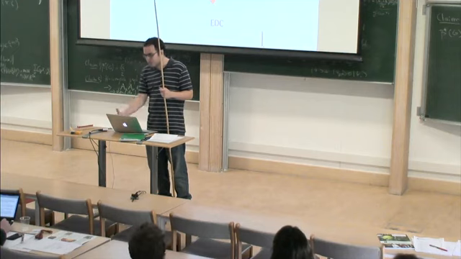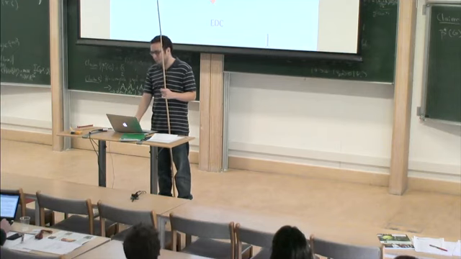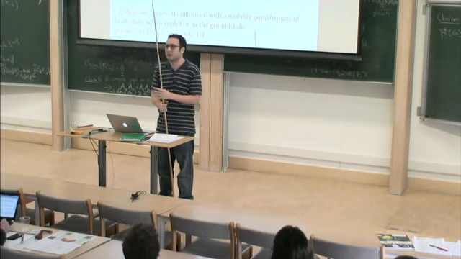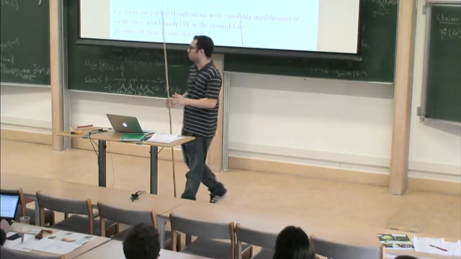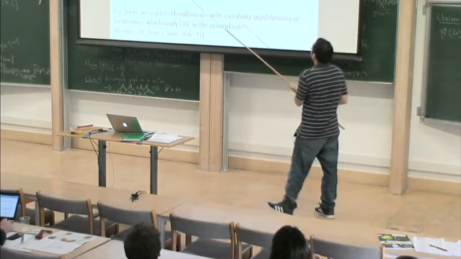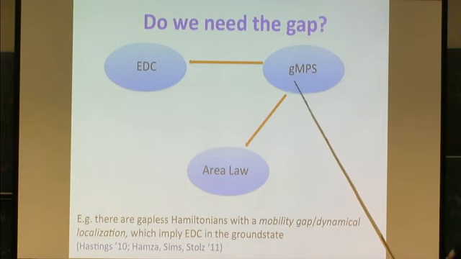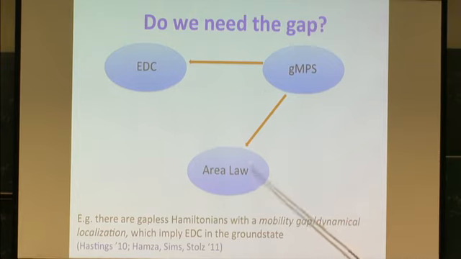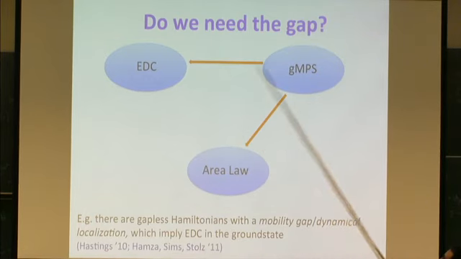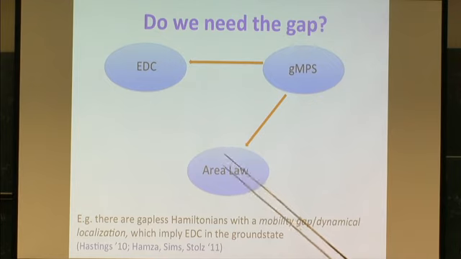Just to get some information theory into this problem, let me ask a different question, which in a sense is trying to get rid of the Hamiltonians. We just want to talk about quantum states. We just saw that this class of MPS with a gap always has exponential decay of correlations, and always satisfies the area law. So the question is whether we can put some more arrows in other directions.